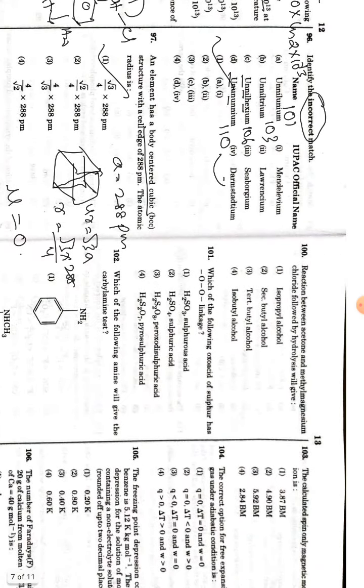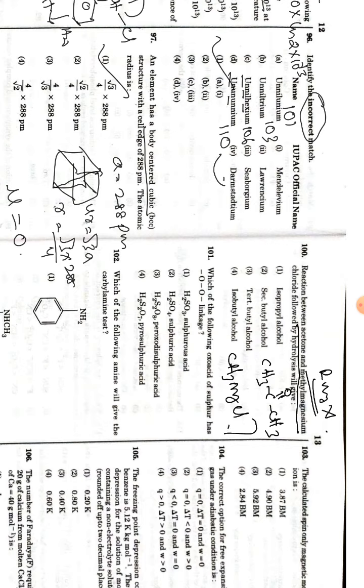Now coming to the 100th question, reaction between acetone and methyl magnesium bromide. Wherever you see a question with RMgX, the RMgX reaction is always familiar. So the question: acetone, CH3 C double bond O CH3, plus CH3MgCl followed by hydrolysis. This R minus attacks C double bond O, and you will get (CH3)3 C O minus MgCl, followed by taking H plus ion. It will convert into tertiary butanol, that is tertiary butyl alcohol. This is the very easiest question.